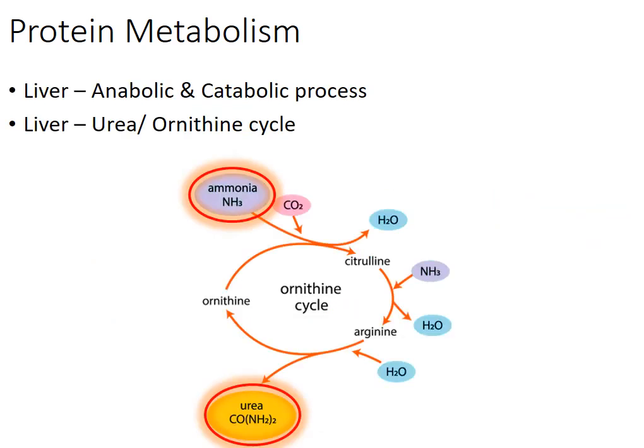The liver is at the heart of protein metabolism. It has both anabolic and catabolic functions. In the liver, amino acids are synthesized into larger proteins that circulate through the body, performing a variety of tasks, including stimulating production of other proteins. The liver also breaks down proteins, for example hemoglobin found in dead red blood cells.